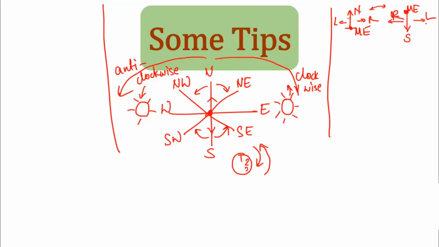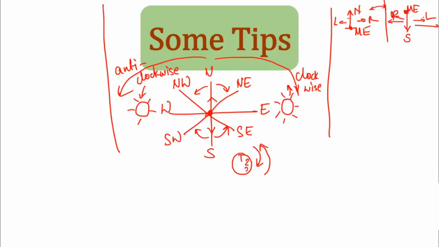So this is right, this is left, exactly opposite to this. So in exam, whenever you get confused, what you should do is you just need to draw this for north and exactly opposite would be for south. Please remember, since I am facing south now, my right hand side is this and left hand side is this.